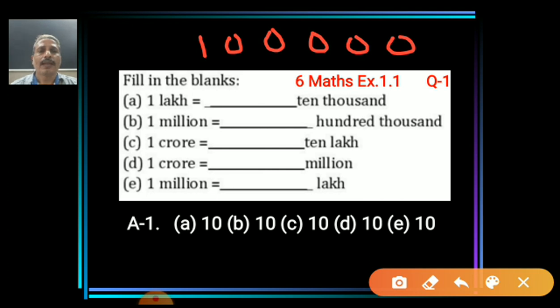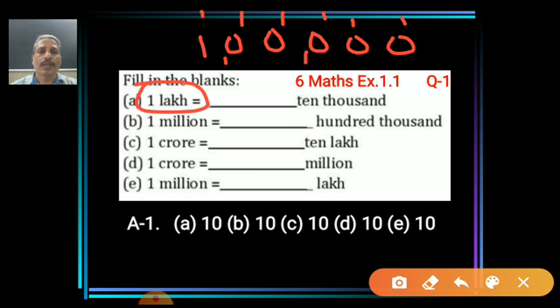Students, we can say ones, tens, 100, 1000, 10,000 and lakh. This is the place value, and we put the comma after the first 3 numbers and then after every 2 numbers. So from the comma we can read the number very easily. So this is my left side,